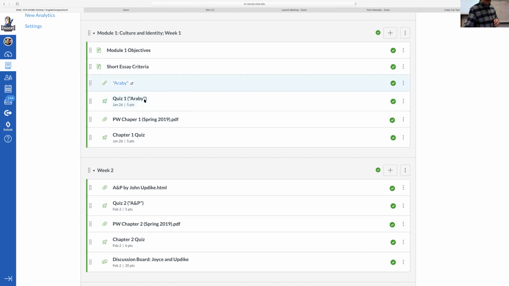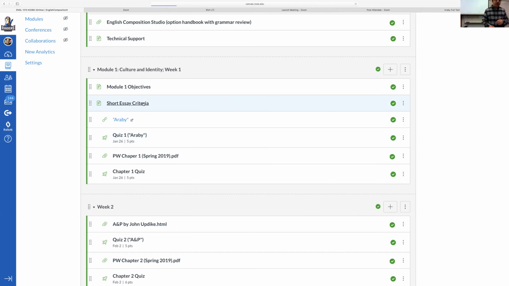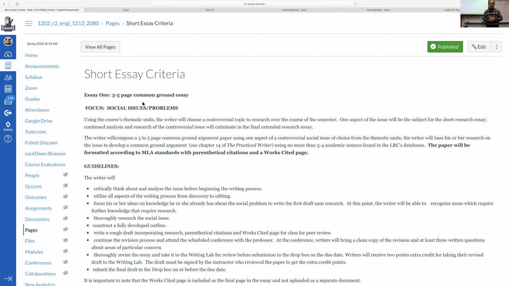The first essay that we're going to work on in that week 1 folder, you can see the short essay criteria, and we're going to start developing a topic for this starting next time. And so that's something that I would recommend that you review. And the focus is pretty broad: social issues, problems. You're going to develop a topic on a social issue and a problem that's important to you, and it needs